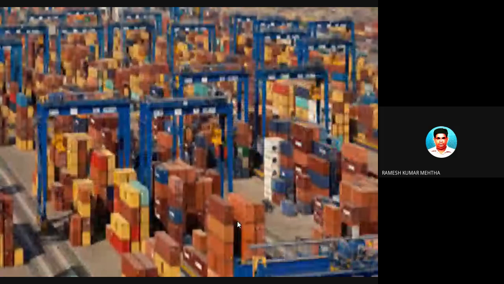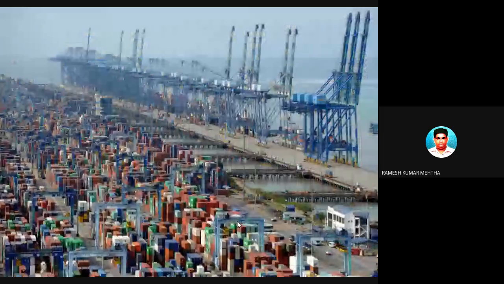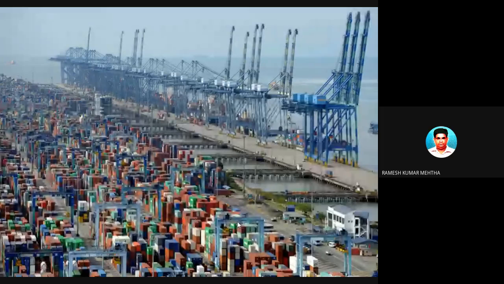So look, imagine how many tons of goods are stored, how much land is required, how much money and investment is required in this kind of infrastructure.